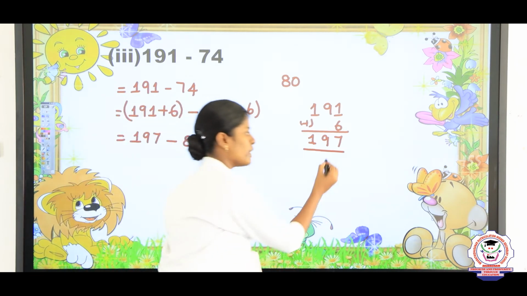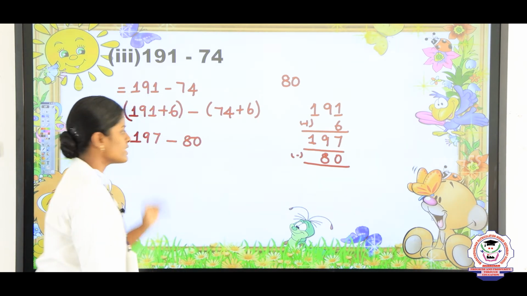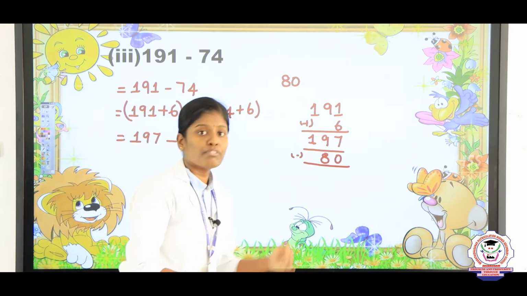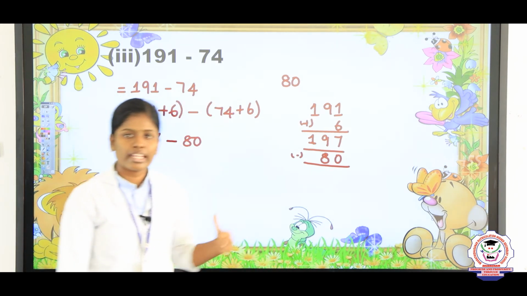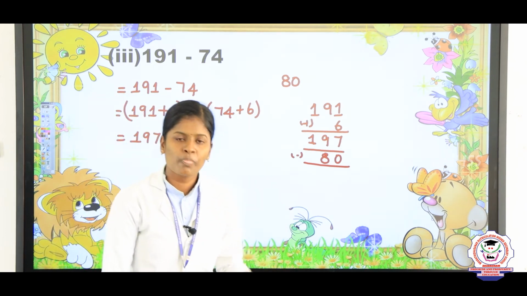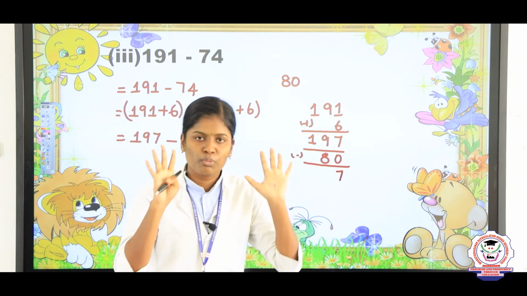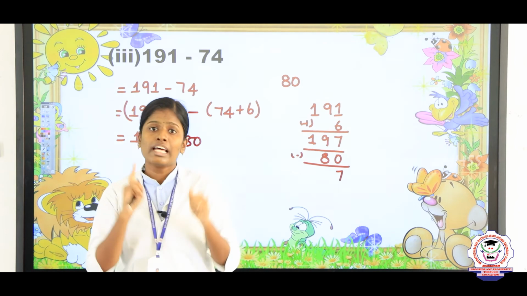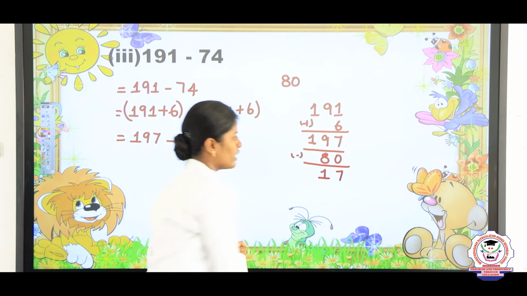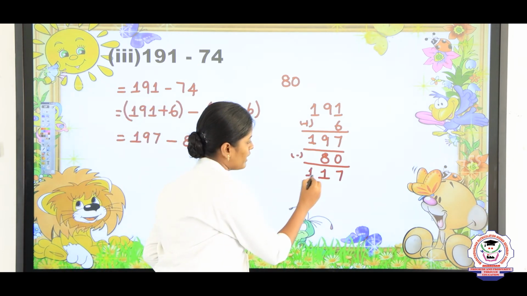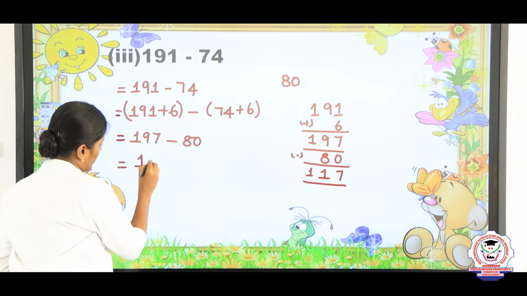Now you take 197 minus 80. Here we are going to subtract because the symbol is subtraction. While subtracting, first we will take the ones place value. The ones place values are 7 and 0. The tens place values are 9 and 8. So what is the answer? 7 minus 0, the answer is 7, and 9 minus 8. So show your 9 fingers and fold 8 fingers. Remaining we have only 1 finger. So the answer is 1. Next, bring down 1. The final answer is 117. So my dear students, you can write the answer 117.